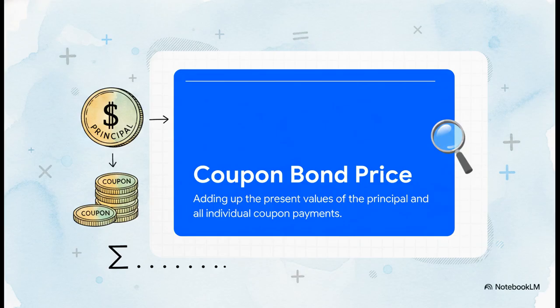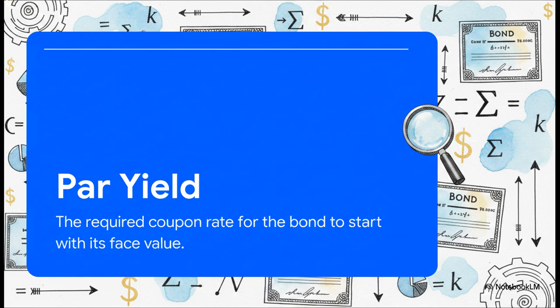The price of a coupon bond is literally just adding up the present values of all its parts. That first part is simply our atom from before, the present value of the final $1 principal. And that second part? It's just a summation of all the individual coupon payments you receive along the way. You're basically just stacking atoms together to find the total present value. That's the whole shebang. So, what if we want this brand new bond molecule to start exactly at its face